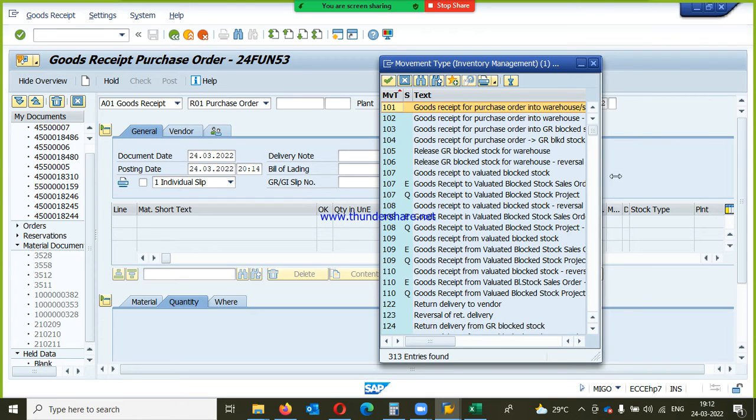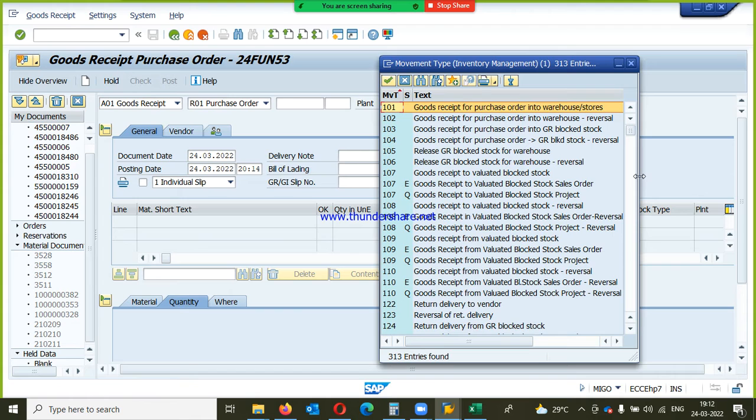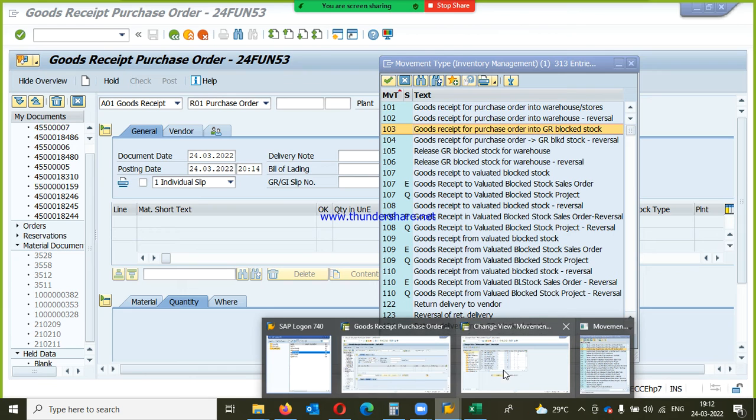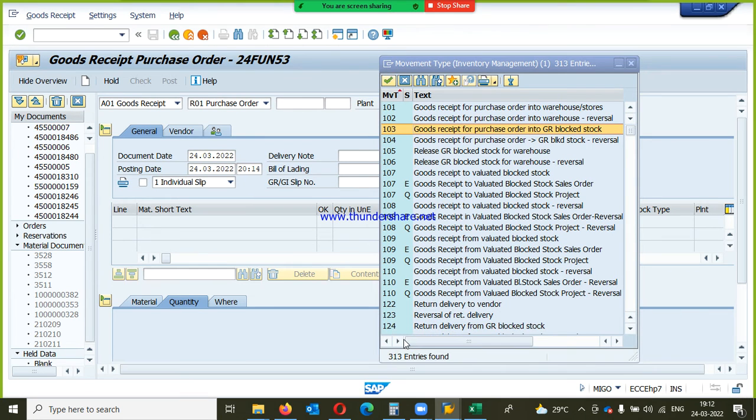So you receive the goods and that is a wrong entry. Assume that you received the wrong material. Then what do you need to do? We are going to reverse that by using this 102. And 103 is the goods receipt for purchase order into GR block stock. If you go with MMBE, MMBE is stock overview. If you go with transaction code MMBE,